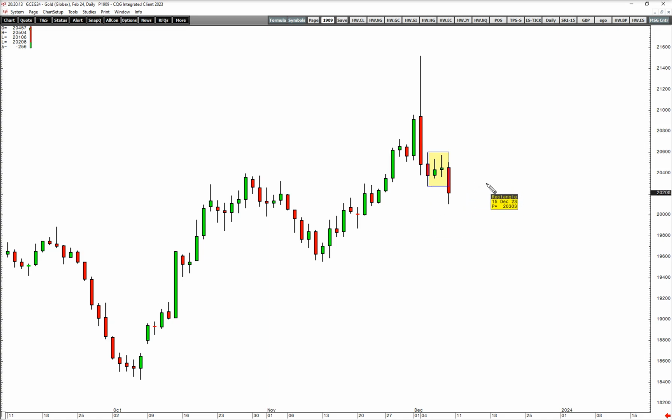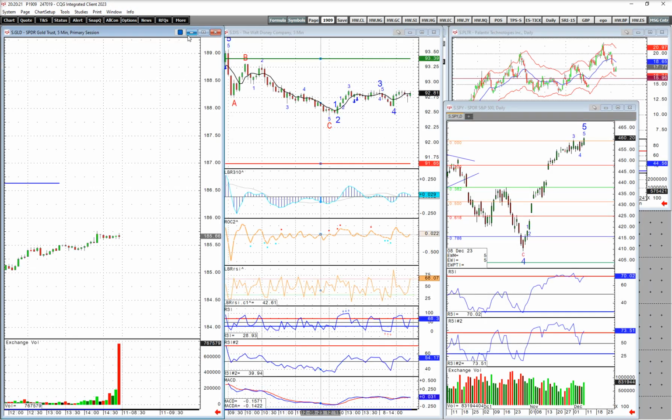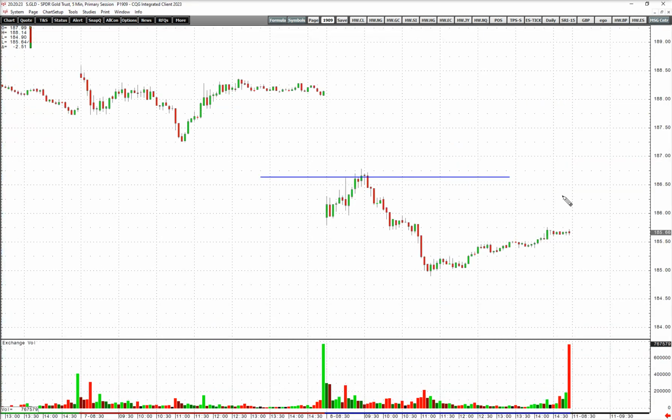But with the hours that gold has, something that sometimes clears it up is limiting your hours. And one way you could do that is looking at this ETF GLD, which is the ETF for gold. It should track the gold price very closely.